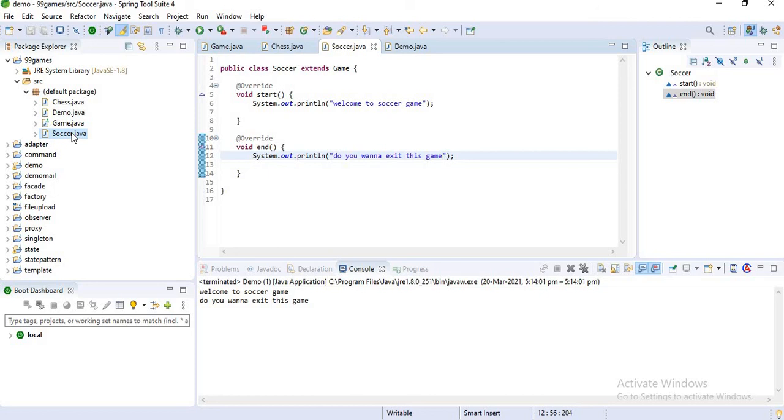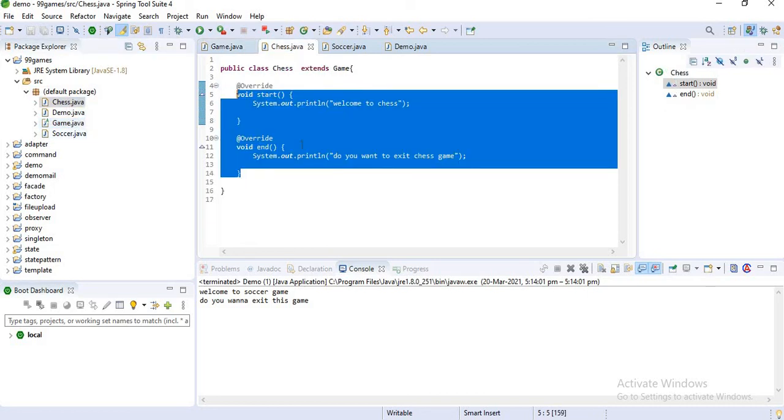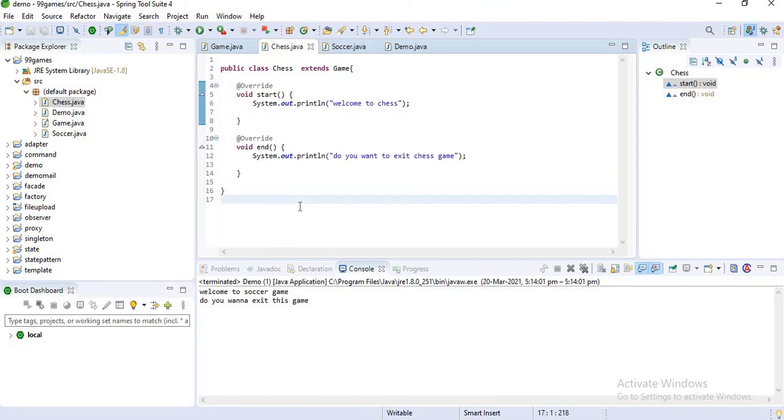If I have 50 games, in those 50 classes I will use this template. By using this we get reusability of code and our time is also saved. By just extending my Game abstract class, I can reuse these methods. Time saving and reusability of code are the main concepts of this template design pattern.